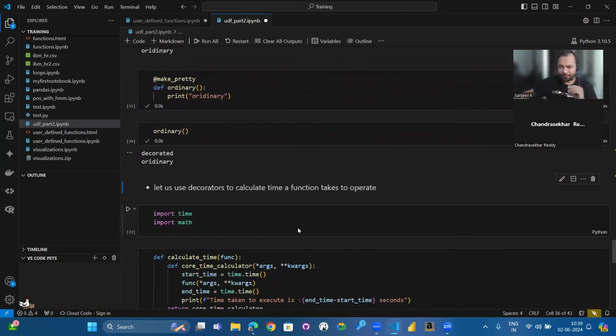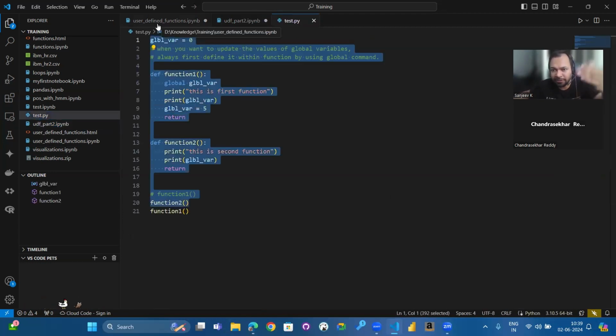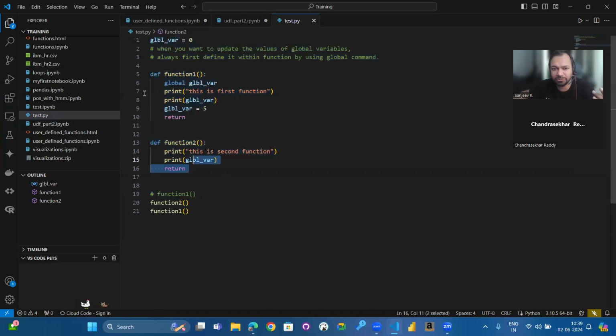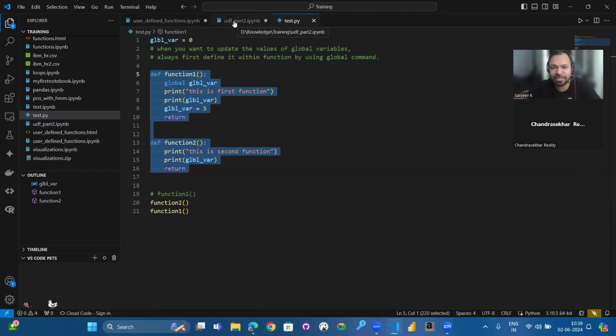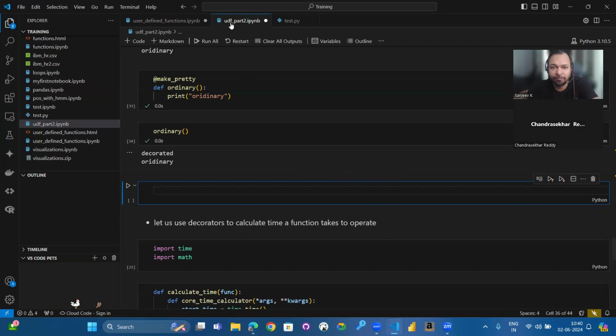Now, before moving further, I'm going to tell you a bit about modules and packages. A module is just a simple Python file. Now, this test.py is my module. In test.py, I have two functions. So what I can do is import these functions directly. For example, because I have my UDF part2.ipynb in the same folder where my test is present, I can say